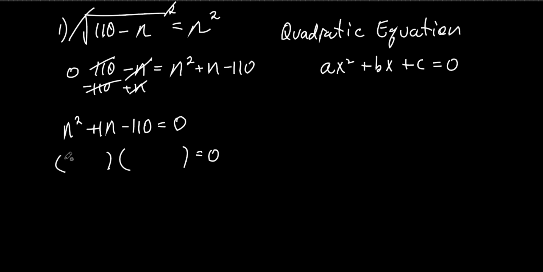First of all, what's going to go first here? 10 and 11? Yeah, 10 and 11, right? Because it ends in a 0, doesn't it? So that's the first thing I would try. So 10 times 11. If I take a 10 and 11 and one of those is negative, is there any way I can get a 1 out of that? Yeah, if which one was positive. So one's going to be positive, one's going to be negative. Yeah, the 11,